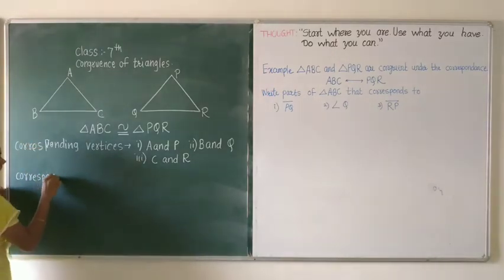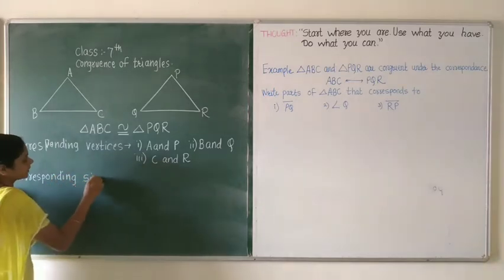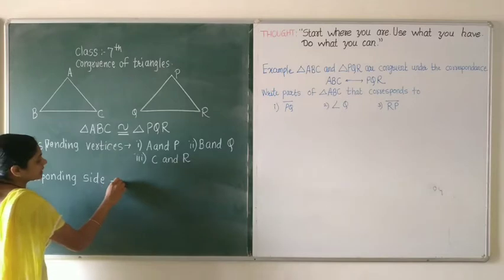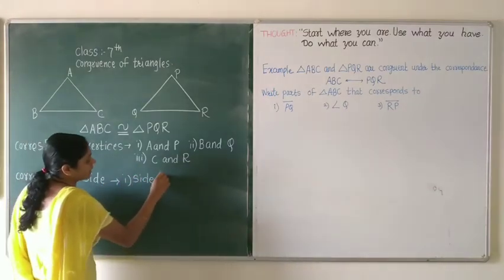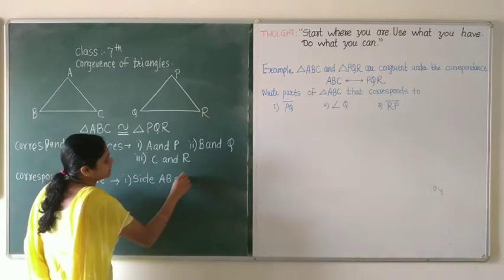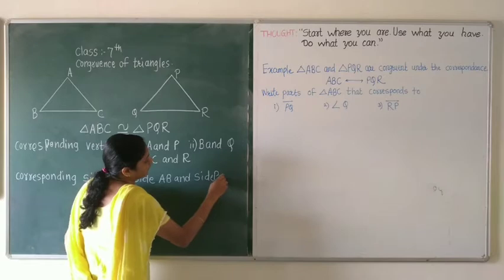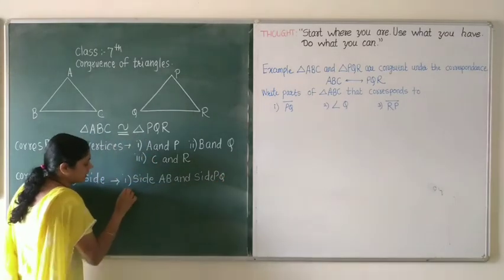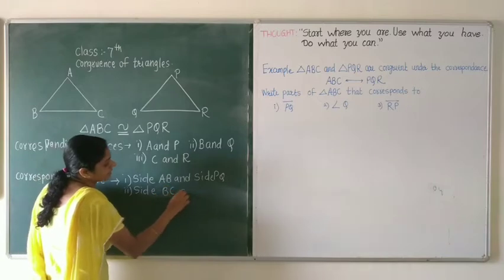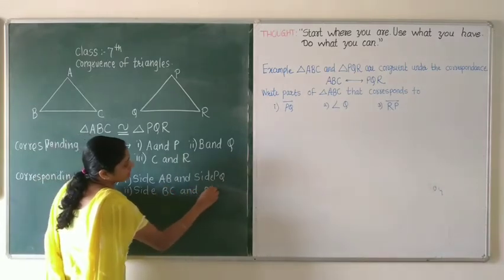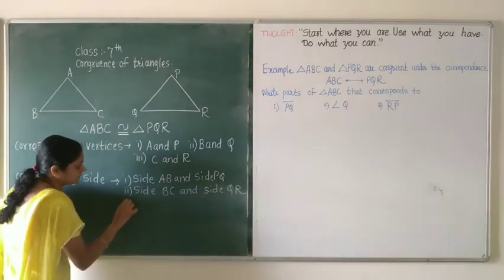Corresponding sides. So which sides are there? Side AB and side PQ. Then side BC and side QR. Then the third one,